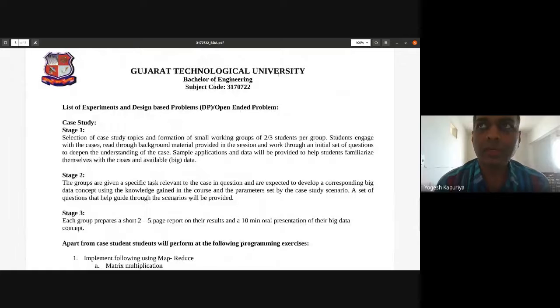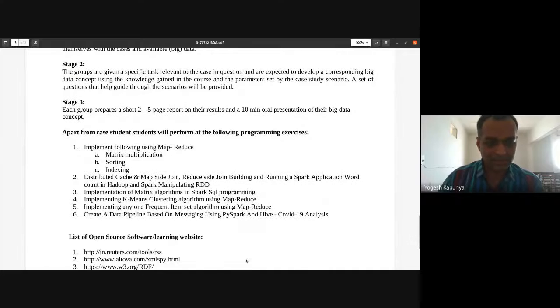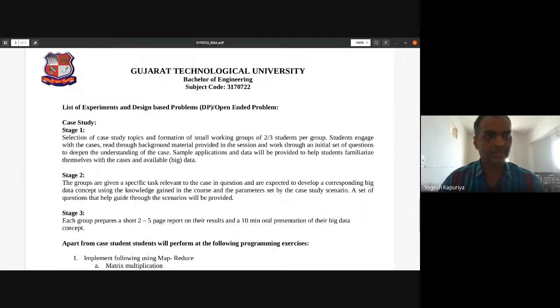So basically, in this subject, you are supposed to submit kind of a mini project. Along with it, there are some exercises, which are, you can say, simple and different assignments with a different problem statement.